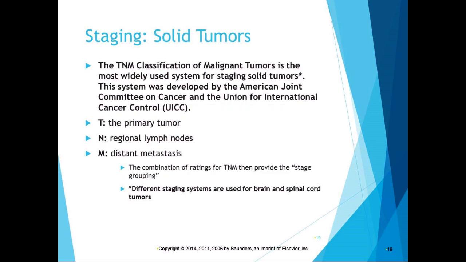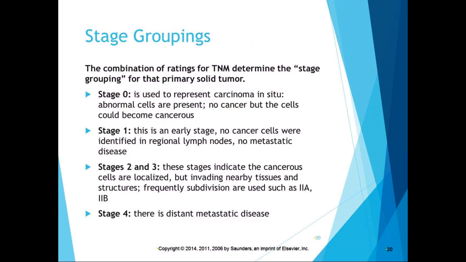Solid tumors use the TNM classification. That's the most widely used system. The system was developed by the American Joint Committee on Cancer and the Union for International Cancer Control. T is the primary tumor, N is the regional lymph nodes, and M is distant metastasis. The combination of ratings for the TNM then provides the stage grouping. There's a different staging system for brain and spinal cord tumors, but for all the other ones, they use the same one. So the groupings are